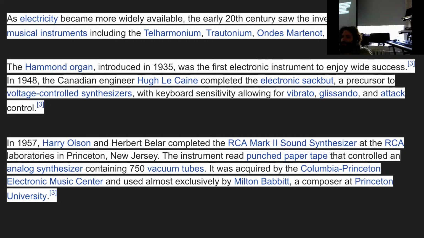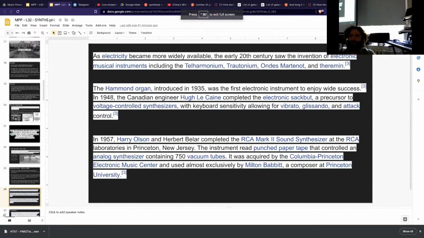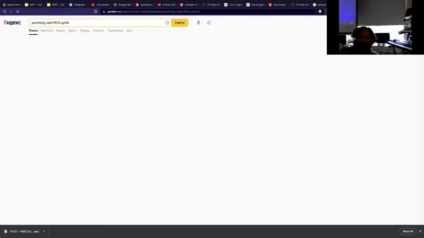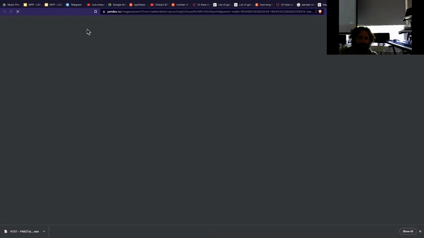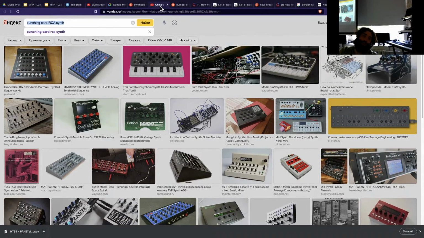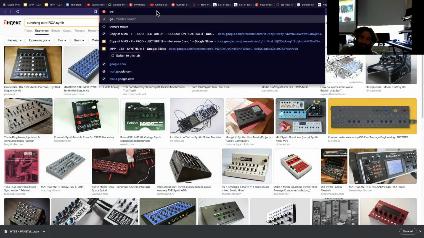I don't know if you have seen what a punching card is, but it looks like this. Punching card, RCA synth. I guess there's going to be an image. Oh man, Yandex is so crappy, really. Again, maybe for Russian search it's good, but